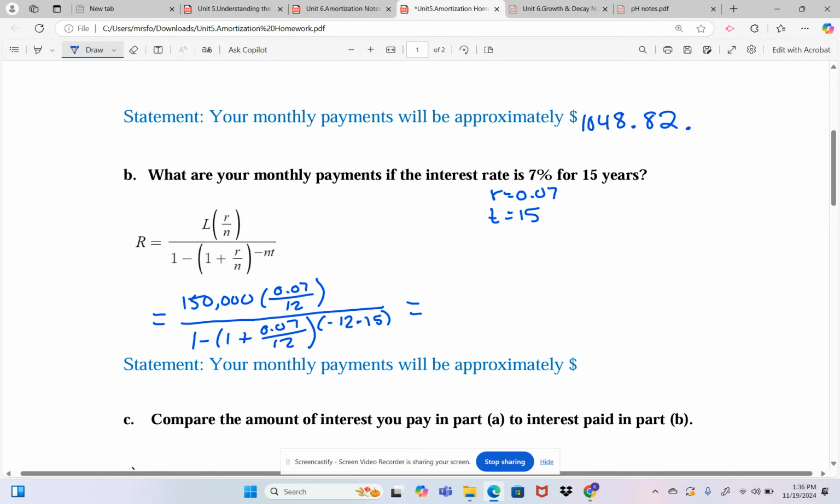So notice what changed here was my interest rate went down, which would make my payment go down. But now we're decreasing the years, so that'll make my payment go up. Yes. So we would type that in, and we find that my payments are